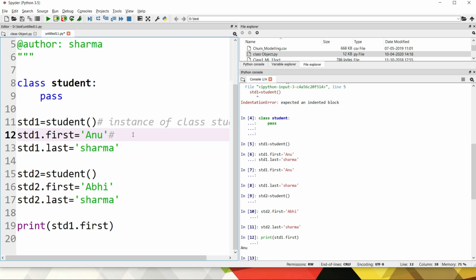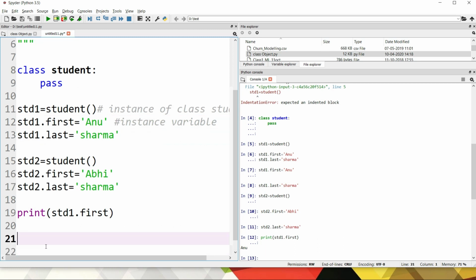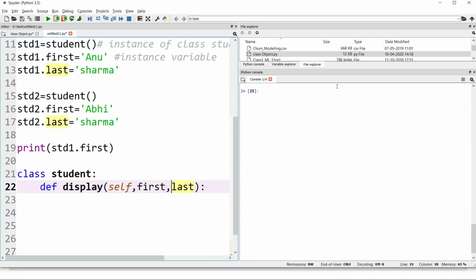These are my instance variables, and an instance variable is unique to its instance. The value stored in an instance variable is unique to the instance which called it, right? But it's not the same case with the class variables. We'll come to that.